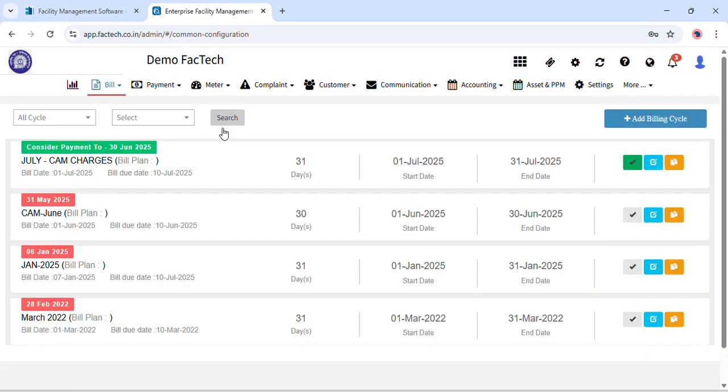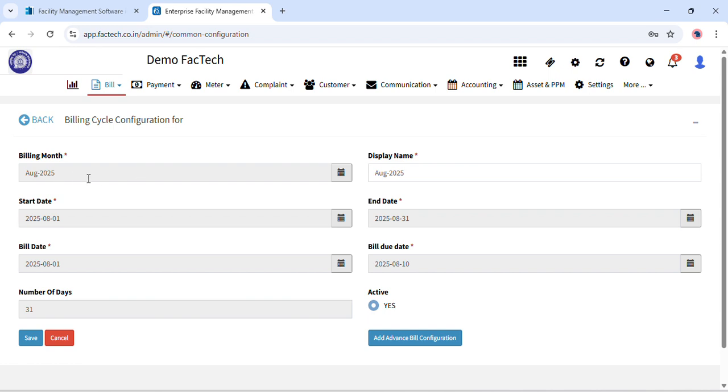After the cycle gets saved, you can see that this is the one in green right now. After that, you can activate, deactivate it, edit it, or even clone it. Cloning helps me in convenience, where if I want to make a similar cycle for the next month after July, then I can simply clone this cycle, and it adds August automatically over here. The dates are given as per the restrictions that we had put in, and we just save it.